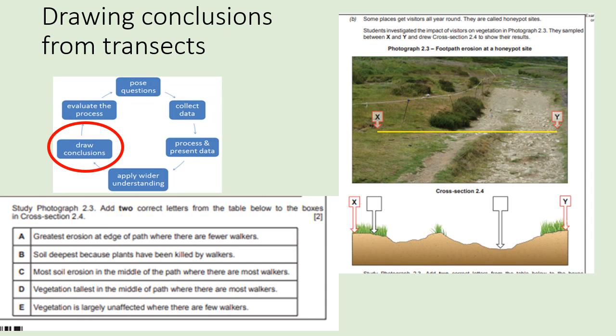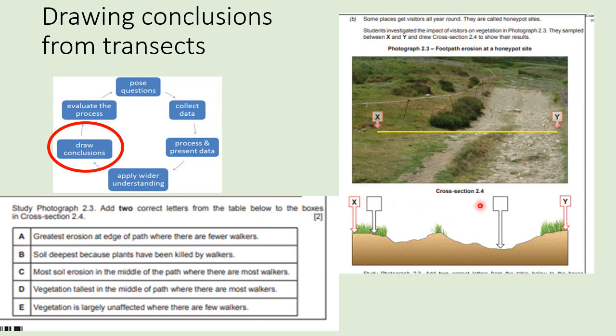But you might also be presented with a transect and basically asked to interpret it. And again, this is an example. This one shows footpath erosion. I could almost imagine them doing something similar with a cross-section of a meander, where you've got the erosion on the outside of the bend, and you've got the point bar on the inside where there's deposition. And this one's really simple. Again, it gives you a photo, it gives you a cross-section, and you simply have to decide which of these